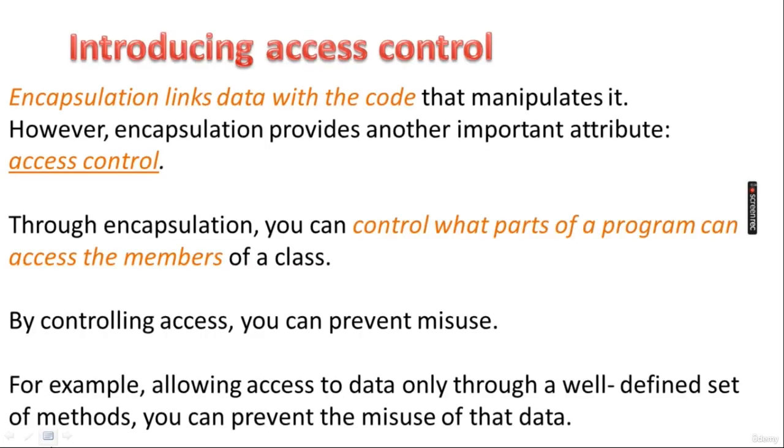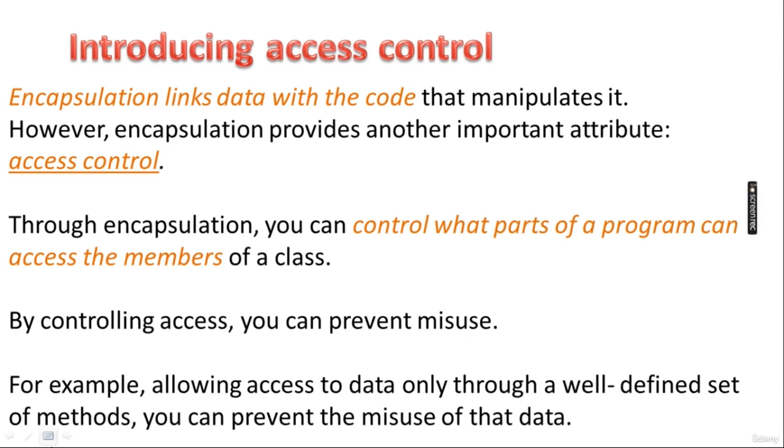Now we will see access control. Encapsulation links data with the code that manipulates it. However, encapsulation provides another important attribute, access control. What is encapsulation? Binding together code and data, that is, data and code that operate upon that data. So both things are grouped together